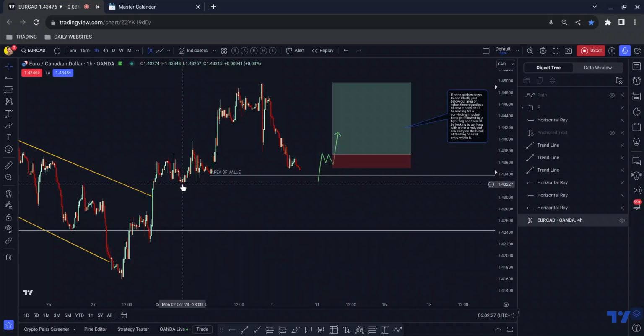It could tap into this area, but it wouldn't surprise me, that is the base of a piece of structure. So we have this kind of running channel fill. We also have this 1, 2, 3. It could tap into this area, but as a minimum, I'll be looking for price to tap into this area